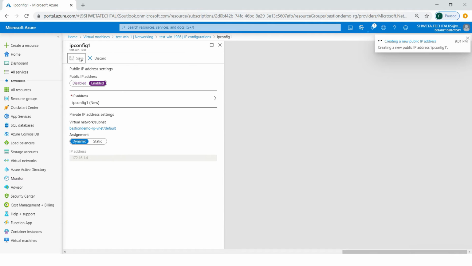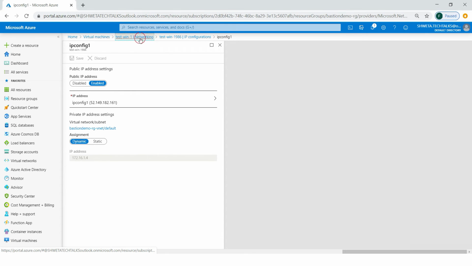and click on Save. So if you see here, it is now creating a new public IP address, and it is saving the changes to the same network interface card. So if you see that the network interface changes have been saved successfully.